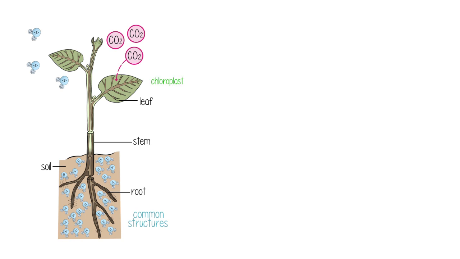Chloroplasts, which are the site of photosynthesis, are mostly found in the leaves, which are a wide and thin structure with a large surface area to volume ratio. This makes it easy for carbon dioxide in the air to simply diffuse inside the leaf via the stomatal opening. But carbon dioxide is just one raw material out of the two that are required for photosynthesis to occur.